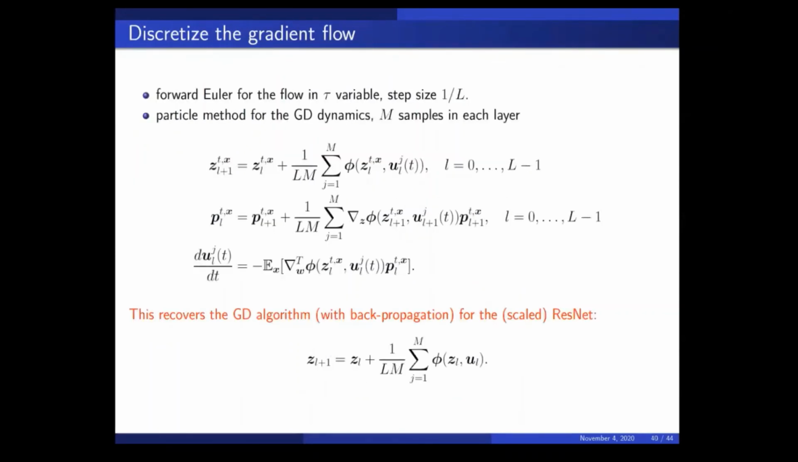But you don't have to take this discretization. You can just take smooth particle method. You can do spectral method. You can do other things. You don't have to do forward Euler. You can do other things. And then you can get other machine learning models and machine learning algorithms. So